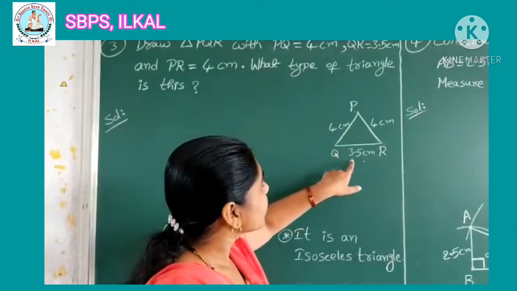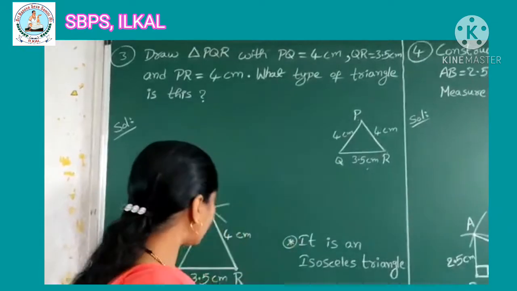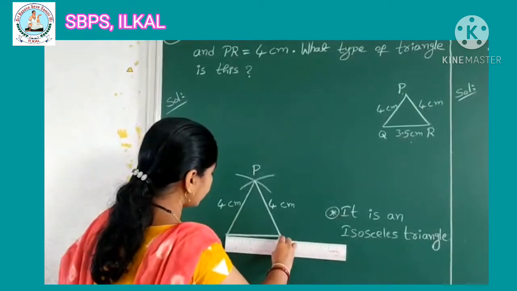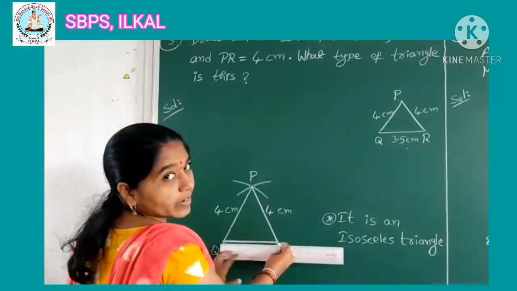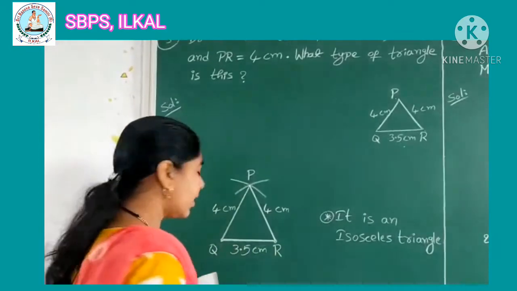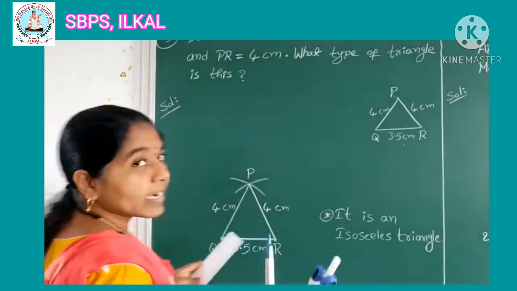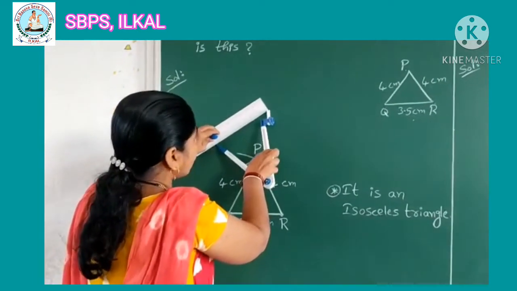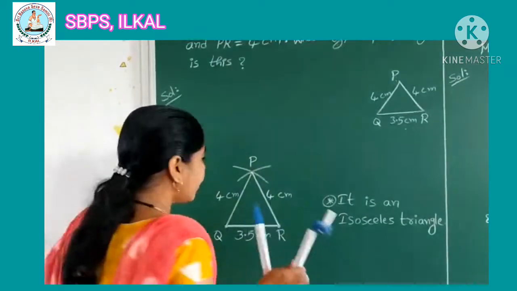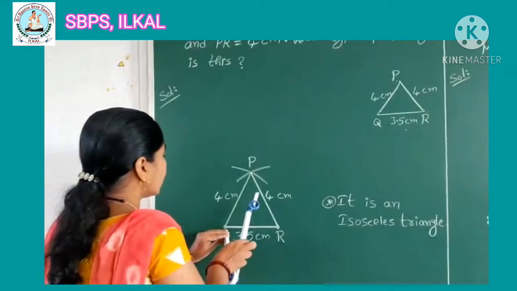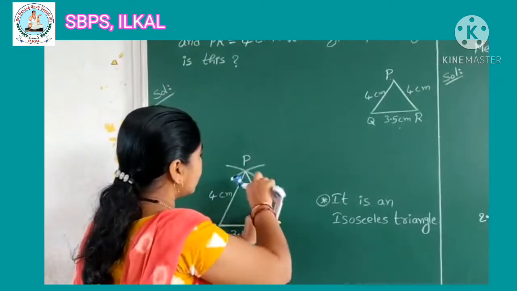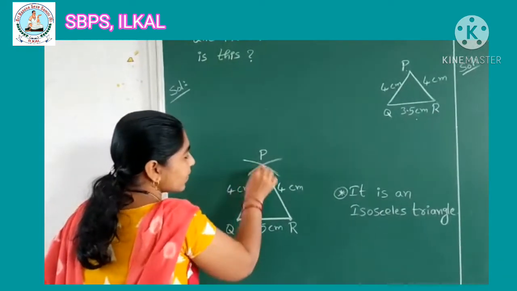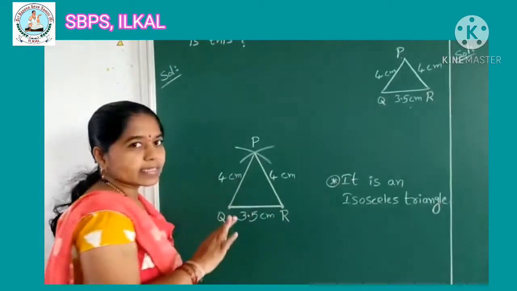Okay, QR is equal to 3.5 cm. First let us draw. Here I took each and every unit double, children. Okay, it should be visible to you, is it? First we should construct 3.5 centimeter. And then we have to measure exactly 4 centimeter with the compass. Exactly 4 centimeter means I will consider 8 units. By considering exactly 4 centimeter, you should draw arcs from Q, and then from R. If you construct two arcs, they will meet at point P. Then you have to join PQ and PR. Okay, the required triangle PQR is constructed.